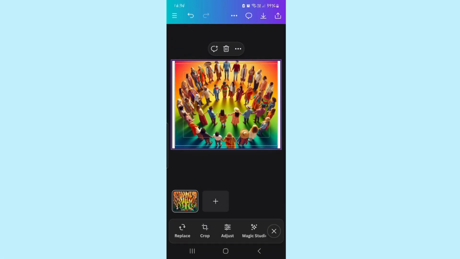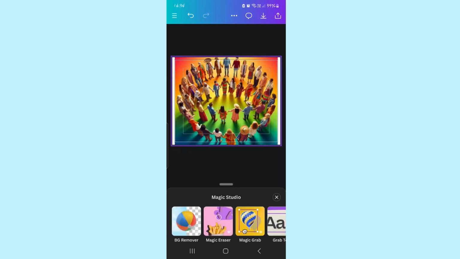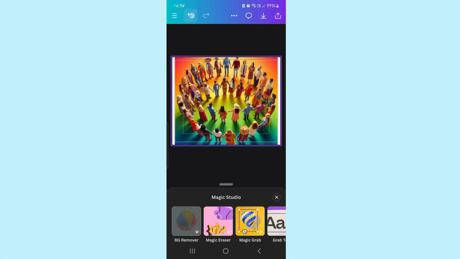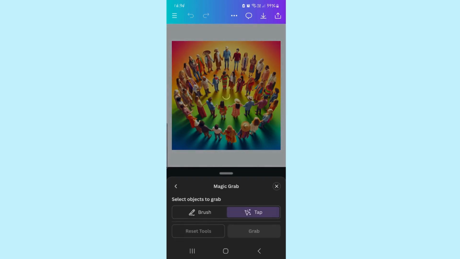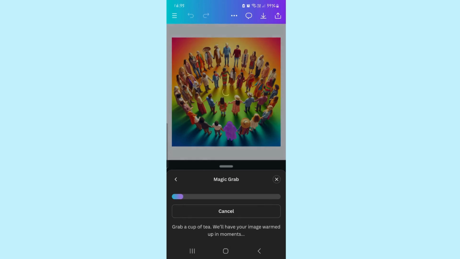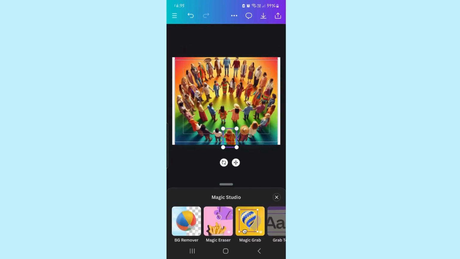Then we have the Magic Studio also, where you can edit your image. You can remove background. If I select remove background now, it will remove the background. Then we have Magic Eraser, we have Magic Grab, we have, I need the background. So Magic Grab now, but this one works for Canva Pro. If I select Magic Grab now, then it will bring this one. Let's say I want to remove this one from it. I've clicked on it. If I choose grab now, it will grab that person, that image. If I want to grab more than one image, I can select all at once, and it will grab it. You see, it has grabbed it, it has removed it from there. But this is for